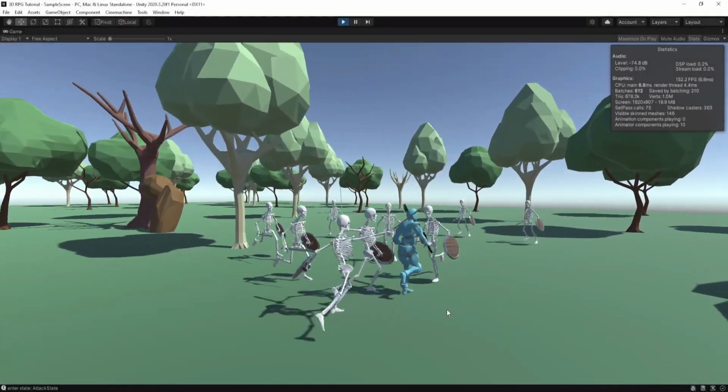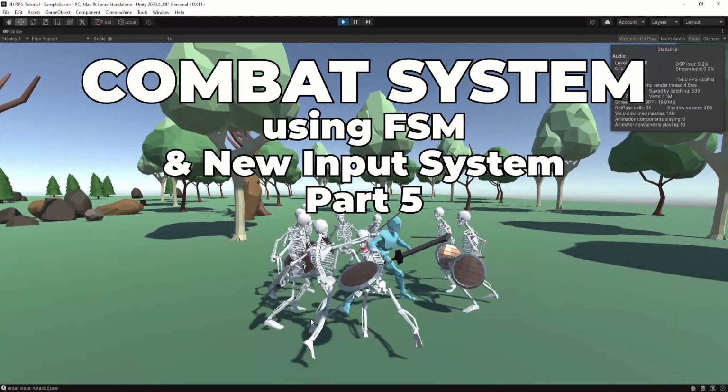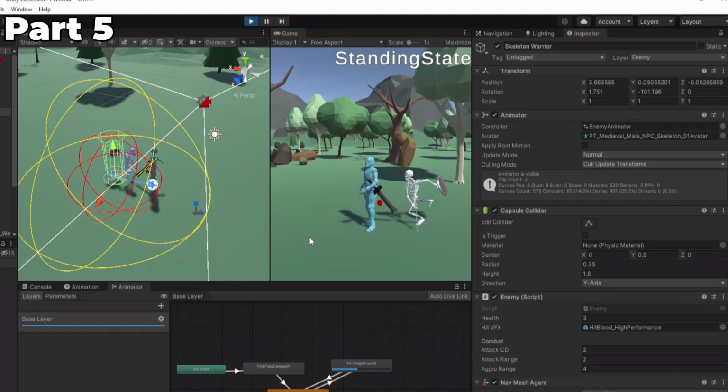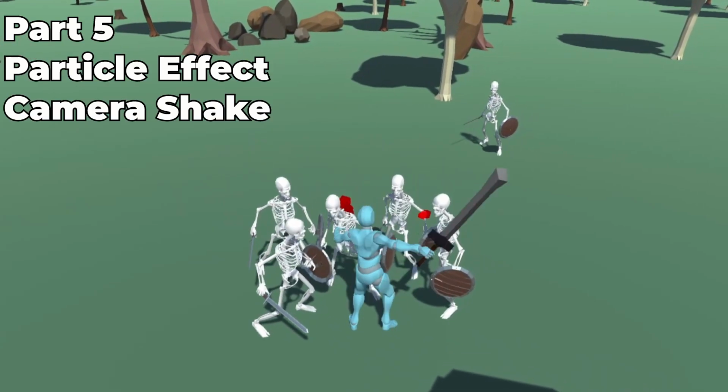Hello, my name is Jožik, and in this tutorial series I show you how to make a combat system using a finite state machine and the new input system from Unity. In the fifth part we will see how to add particle effects, how to add a camera shake, and how